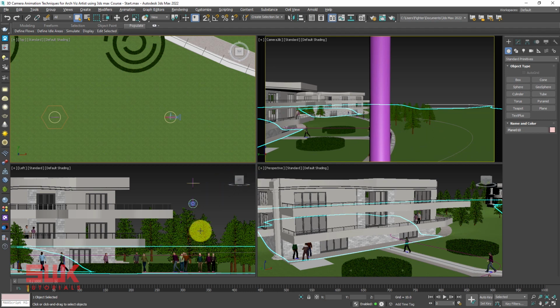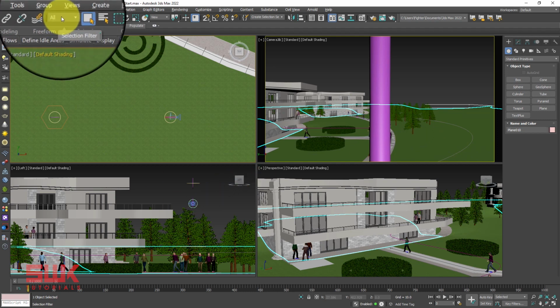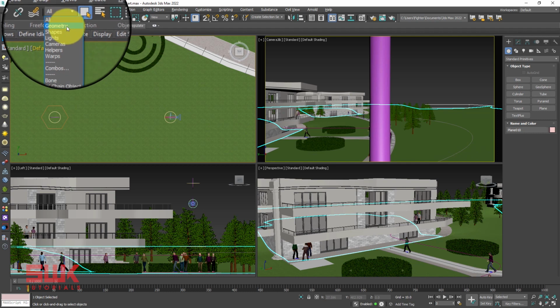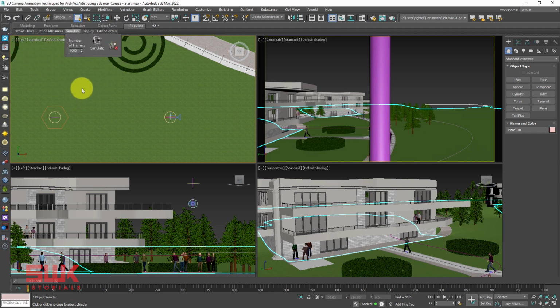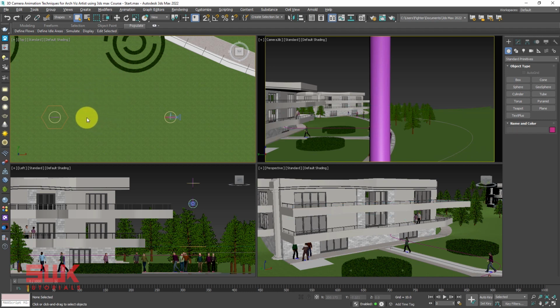So what we can do is click on All and use the Shapes filter. In this way, 3ds Max will not select any geometry and it will only select the shapes. And if you remember from the last video, these controllers were made from shapes.